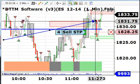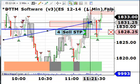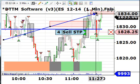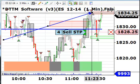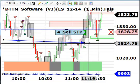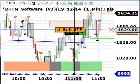It may get pulled back to the top of this selling level 2 bar, as a support before taking another try at this resistance area. But it has moved up to, what did it reach there, 34 and change. It's about 6-point profit. So I'm just going to raise this stop here just a little bit,